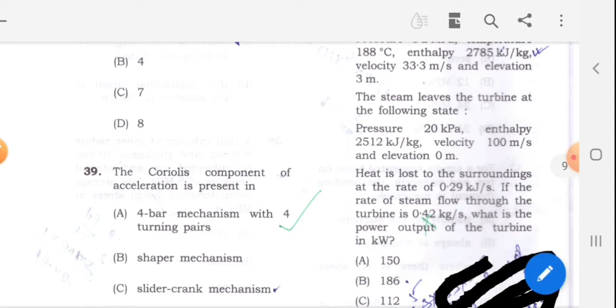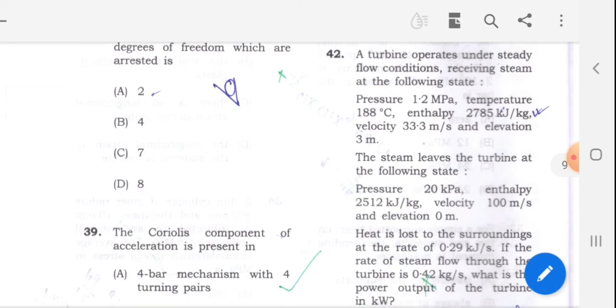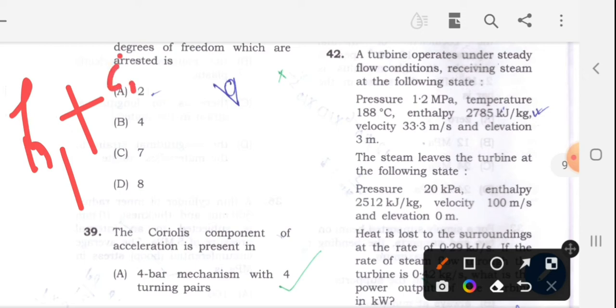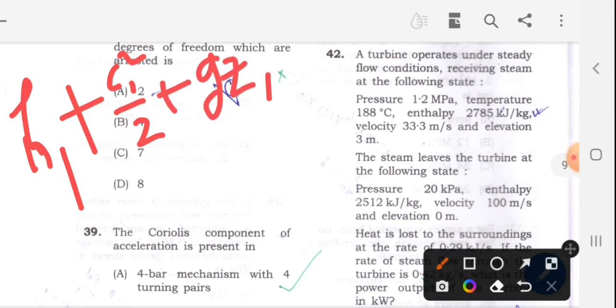So it is a very easy question. Let's see how to solve it. We have to apply the steady flow condition. For steady flow condition, we know the conservation of energy is, at inlet, H1, where H is enthalpy, plus C1 square by 2, where C is the velocity at inlet, plus g Z1, where Z1 is elevation at inlet, plus